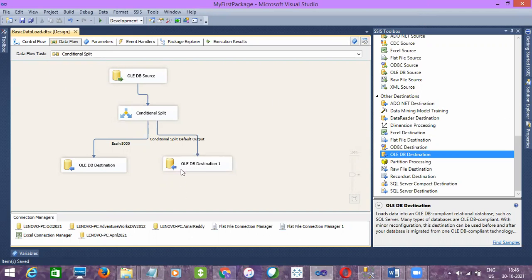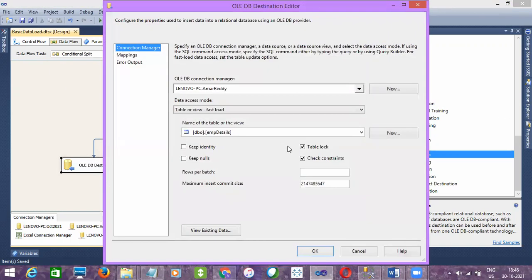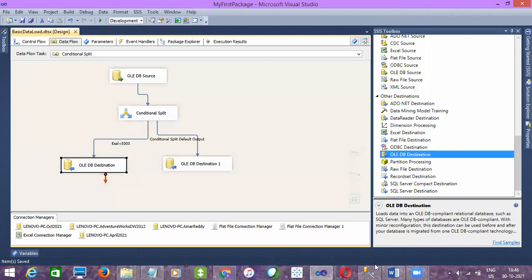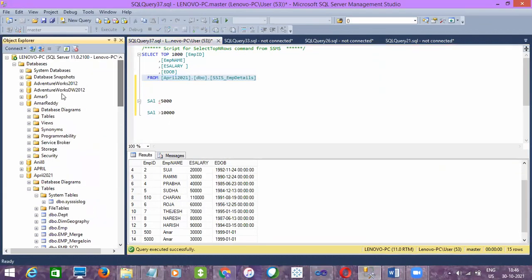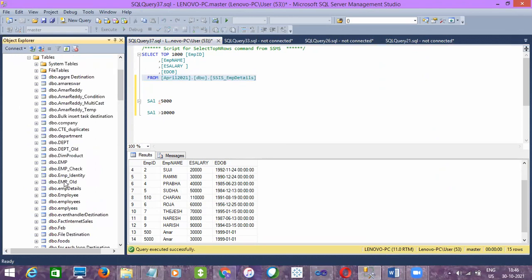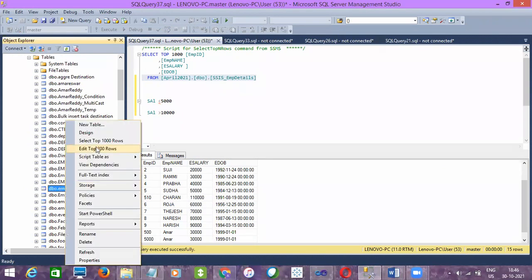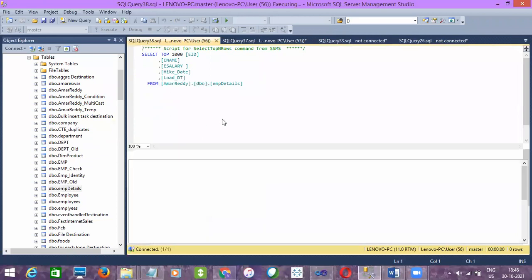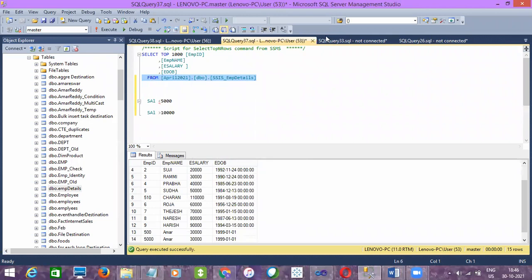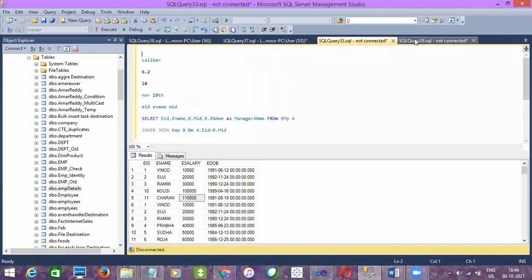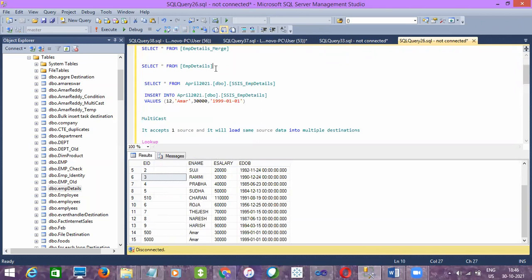Let me execute. MariaDB database. Let me check the data. So we have 23 rows as of now. And in October 2021, how many records do we have?